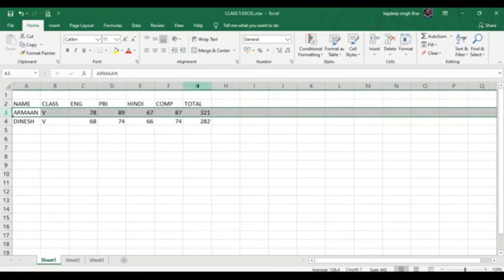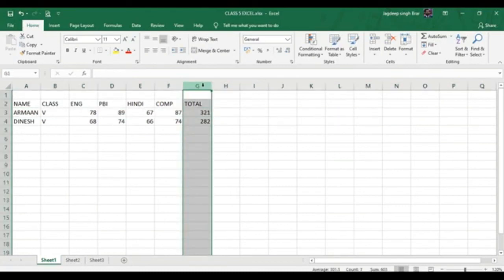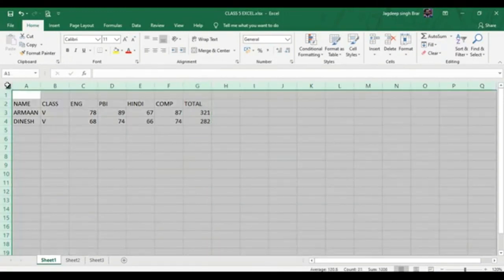If you want to select the total column, click on the column letter G. If you wish to select the entire worksheet, click on the blank button at the top left corner, which is the intersection of rows and columns. After selecting all the data, you can apply font formatting and other features of Excel that we are going to discuss in the next chapter.